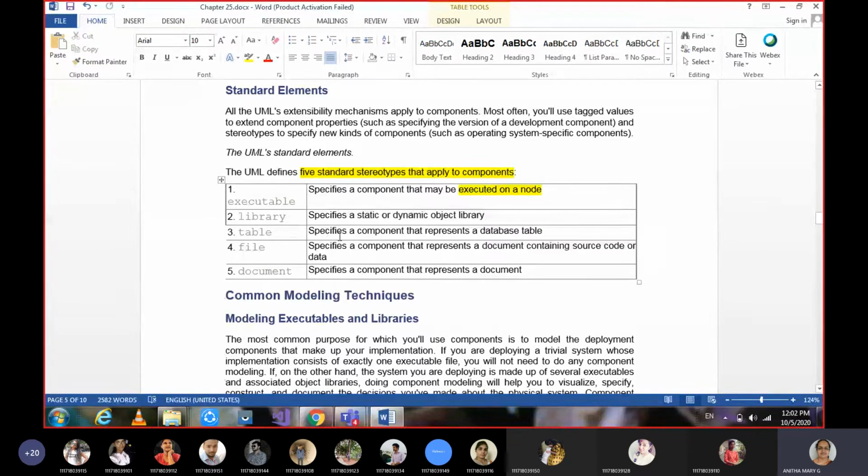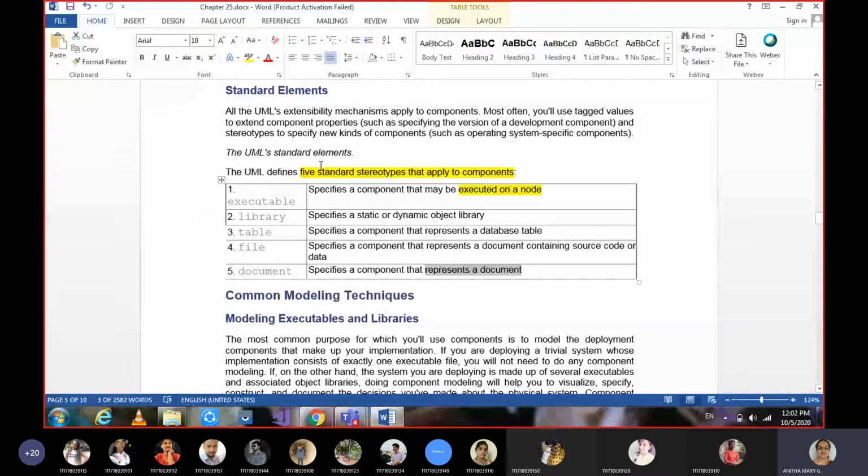Table: if a component has database tables, then that standard element is called a table. File: if a component has documents containing the source or the data, we call it a file. And document: if the contents of a component is a document, we call it a document. So these are the 5 standard elements.